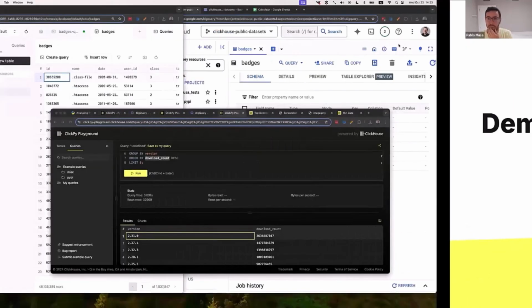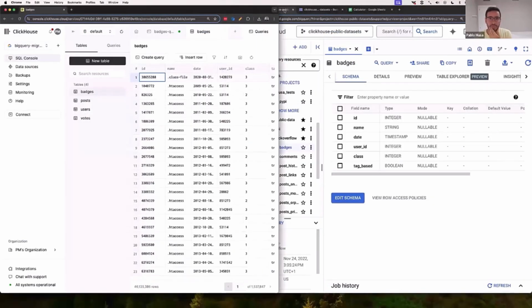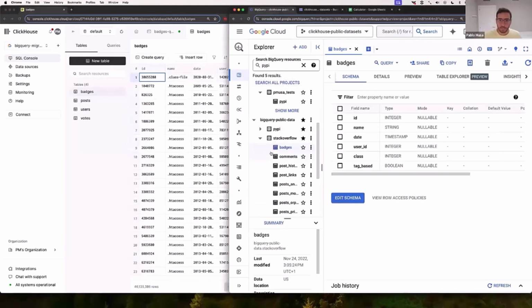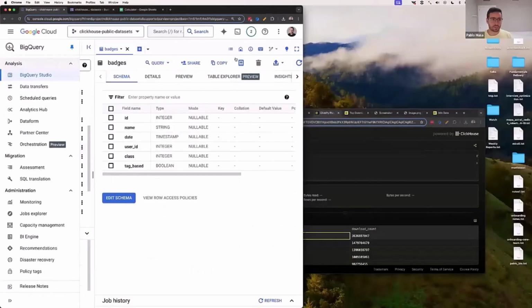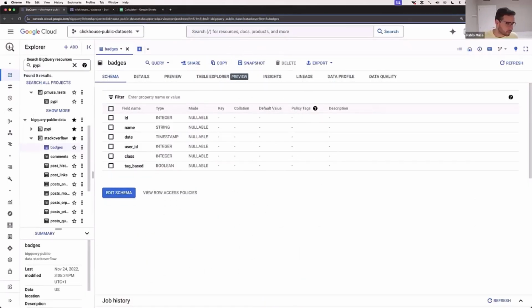Actually, let me do this and go here. I want to start from here. Okay, so this is the public data set. Is this big enough? Do I need to increase the font size for this? Actually, just on this side for now. Hi, anyone there? Font's fine. Okay, perfect. Thank you. So this is the public data set, Stack Overflow, and we have the badges table here